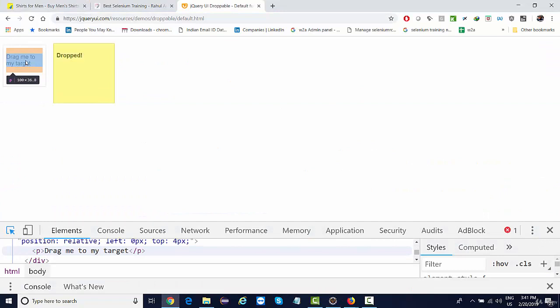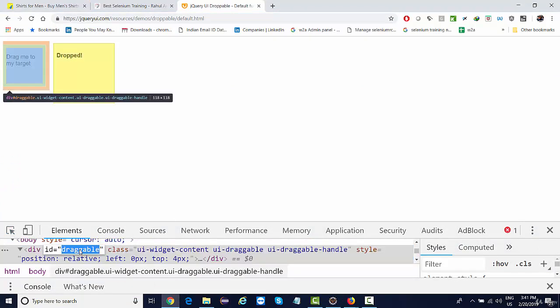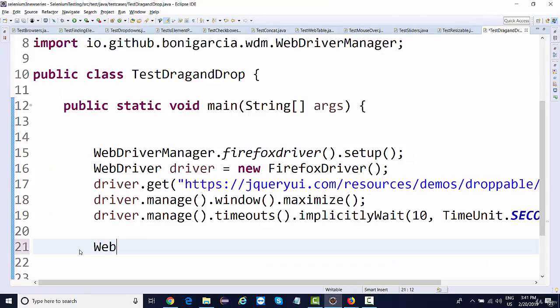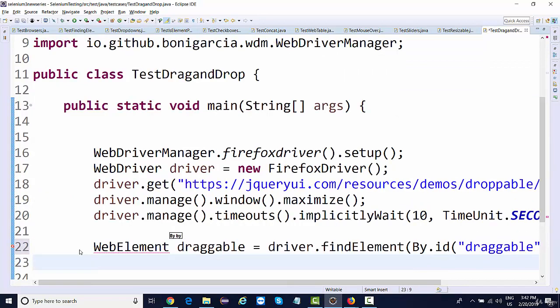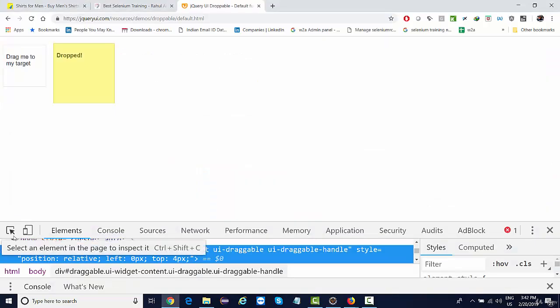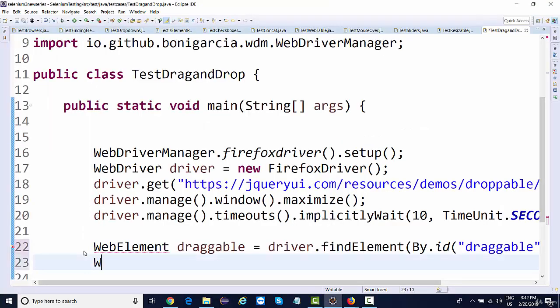Now, whichever element you want to drag, just take the XPath of that element or ID, straightforward ID. Store it into a web element, draggable equal to driver dot find element by dot ID this. Then wherever you want to drop it, just inspect that element, take the ID, web element droppable equal to driver